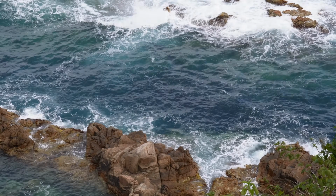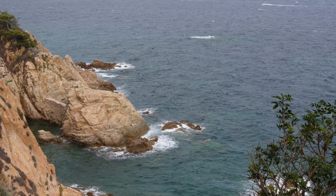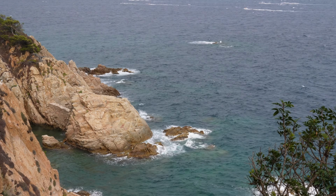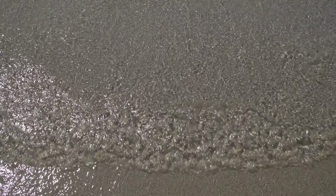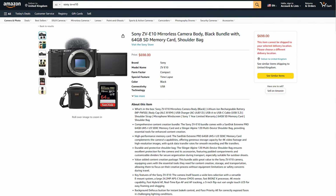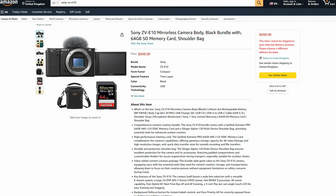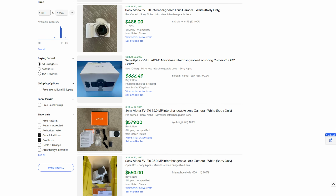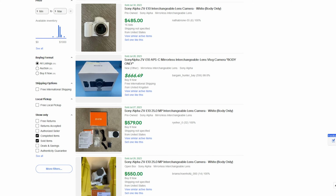The Sony ZV-E10, in comparison, has all these features: 4K video up to 30 frames per second, as well as 1080p video at 60 frames per second and up to 120 frames per second for slow-mo. Now, whilst the ZV-E10 will cost around $700 new, and that's with no lens, now the camera is a couple of years old, there's finally a second-hand market for it. And with a bit of shopping around, I've found them selling for as little as $485, which is a superb